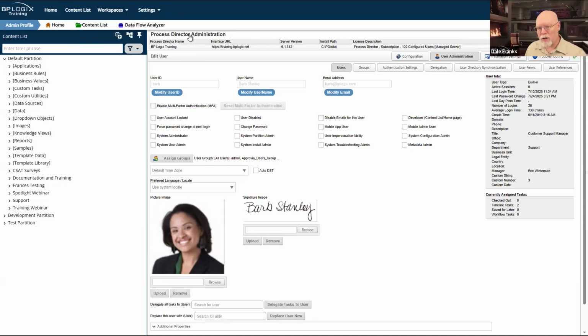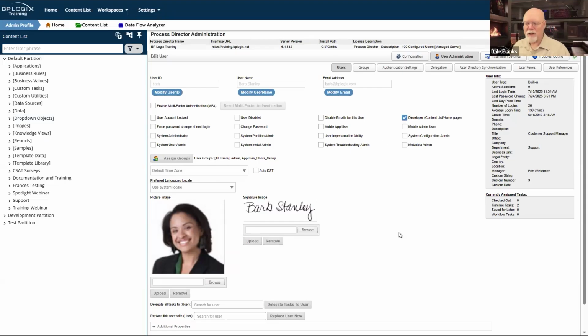But because of this change to the UI, where we no longer have this tabbed UI, we have this menu system UI, we need to give people different access to different parts of the machine or different parts of the UI without making them system administrators. So in general, if you have someone who is a Process Director implementer, but they are not a system administrator, so you don't want to give them access to any of the stuff here in the IT admin area, you're going to want to make them a developer.